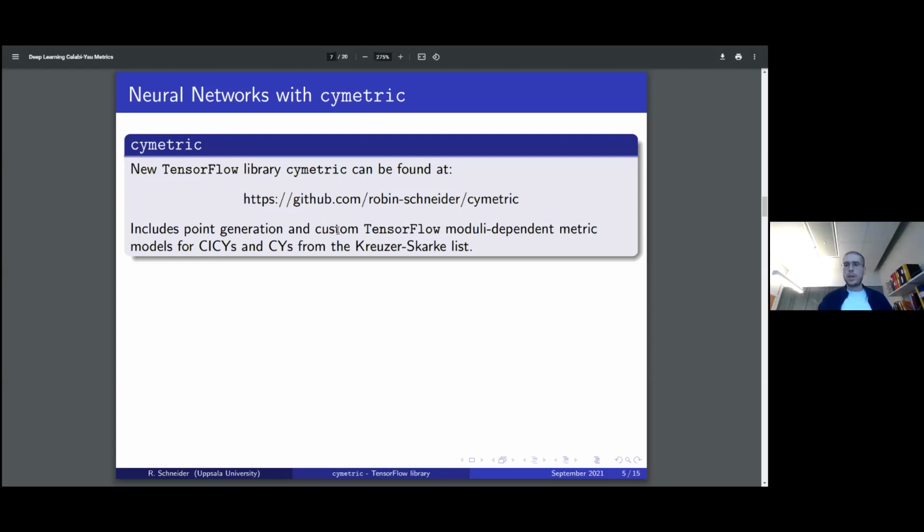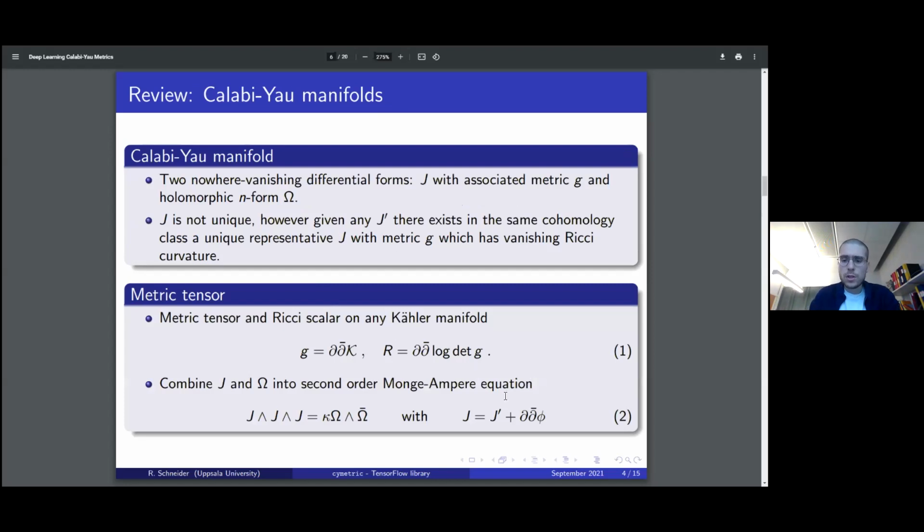Okay, so how are these metrics being computed? In general, the metric on the Calabi-Yau threefold is going to be some 3 by 3 Hermitian matrix. So the easiest thing is we can treat the neural network as some kind of black box, and it's going to predict 9 real numbers, and then we can take these 9 real numbers, put them in the 3 by 3 Hermitian matrix, and we have a prediction. However, we've seen before already that there's some physical intuition which we can use, and that is for some already known Kähler metric on this manifold, we can just add a correction. And then at some point we will arrive at the exact metric if this Monge-Ampère equation here is satisfied.